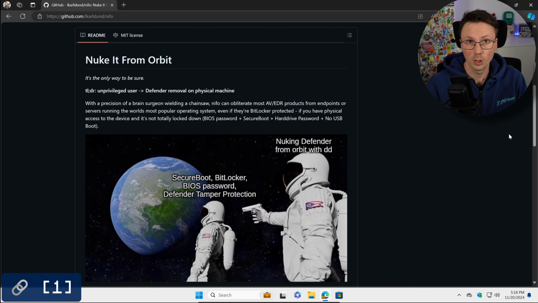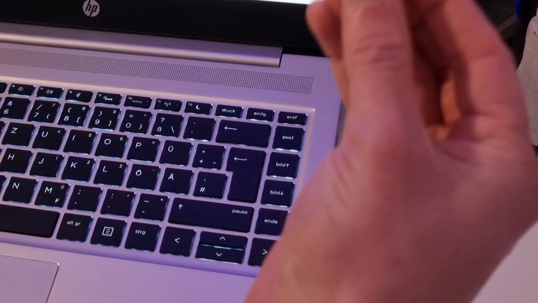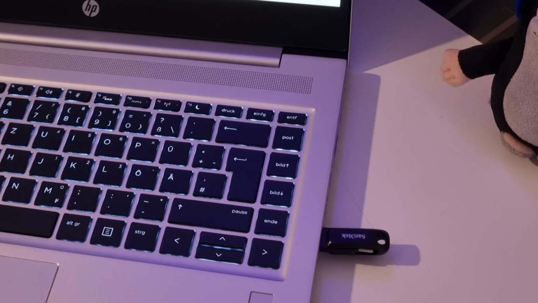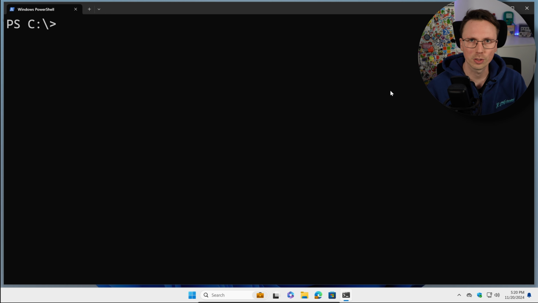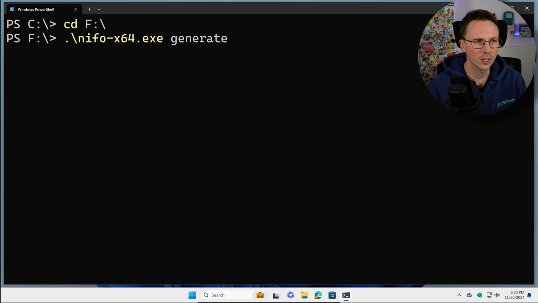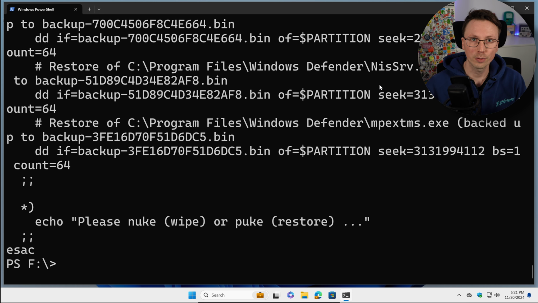It requires no administrative rights to execute. I already have it on a USB drive here. I'll quickly open a terminal, use cd to change directory to the USB drive, and execute nifo-x64.exe generate --mode bash. That command uses the Windows defragmentation API to locate the exact sectors on the disk where